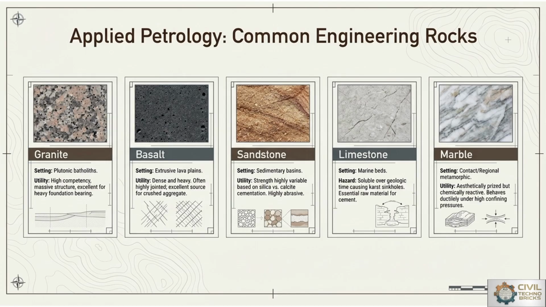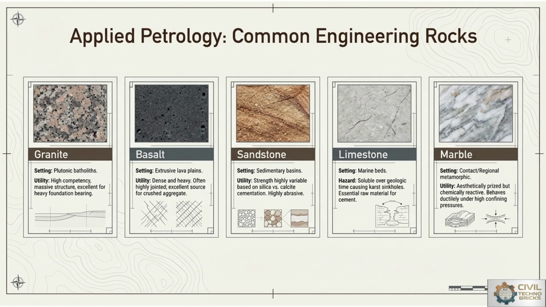The fourth one will be limestone. Limestone is important for cement production but may develop solution cavities. Then marble, which is a contact and regional metamorphic type of rock, is utilized for aesthetic purposes with reference to flooring or any type of tiling work. So engineering applications of these rocks, with reference to their usage, depend on the rock strength, durability,